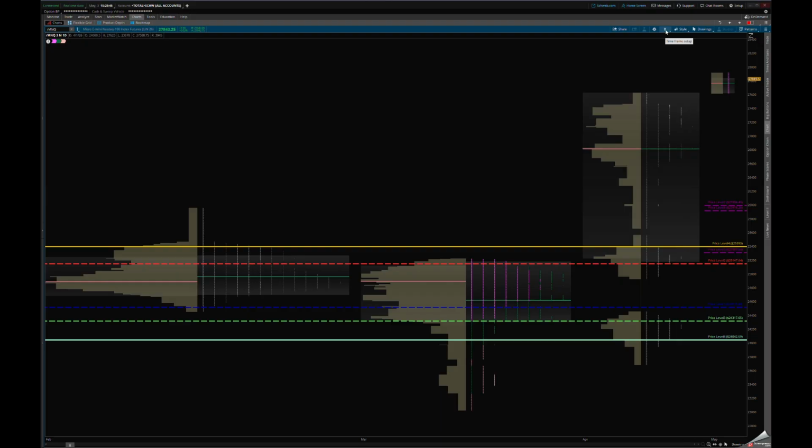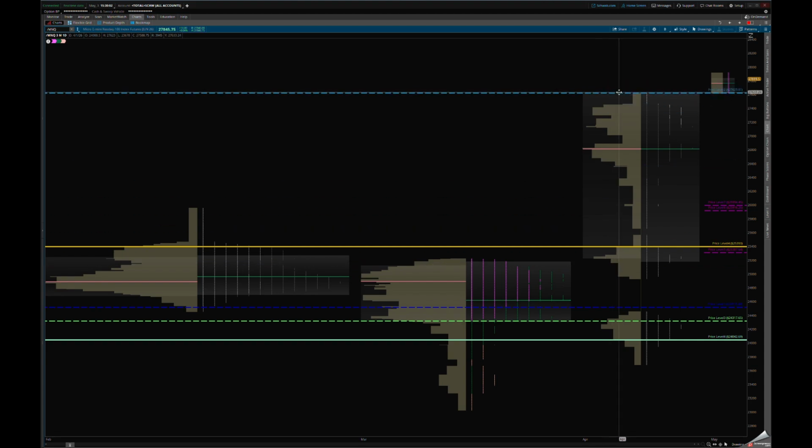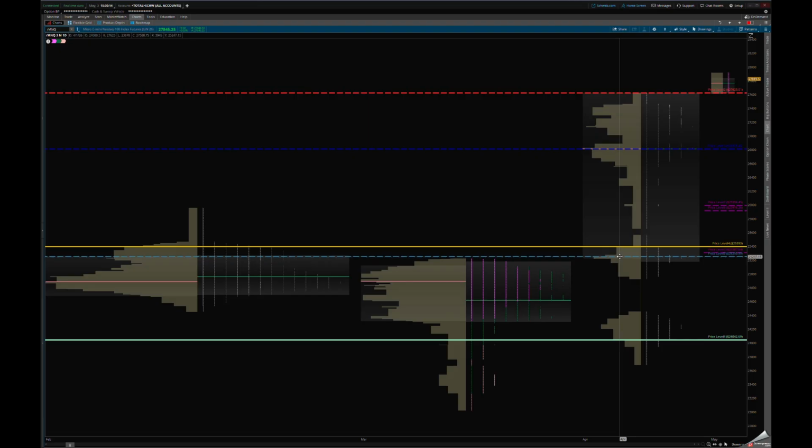So what I want to do is go to the daily. You can see this was the daily. Let's see, this is a daily 3 month. Okay, this is the daily 3 month. So this was the prior month. My point of control, I'm going to move the value area high from here to this area here, since the point of control was touched, so I am required to move. It was actually here, so we're going to move it up to where the point of control, where most volume is, and where my value area low is going to be here.